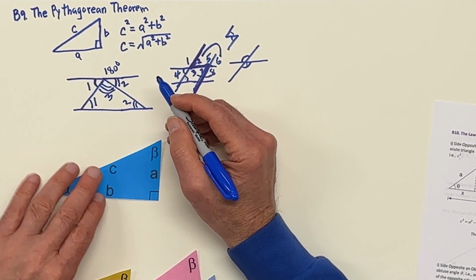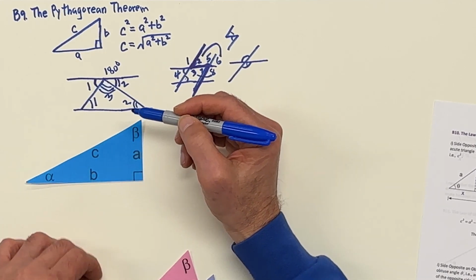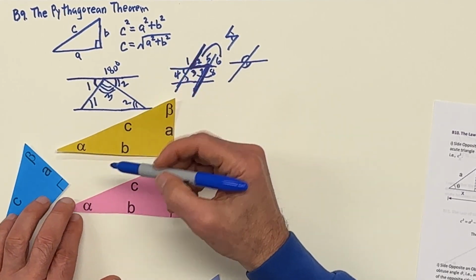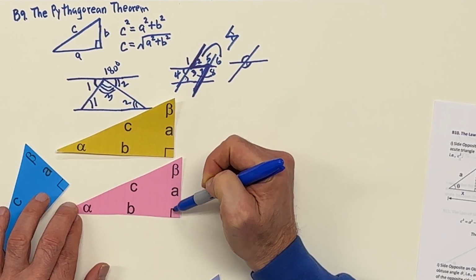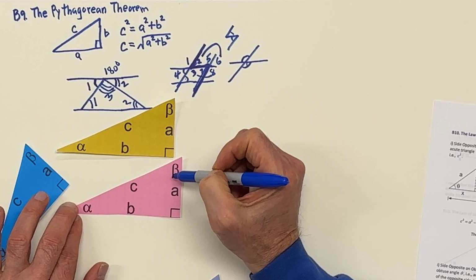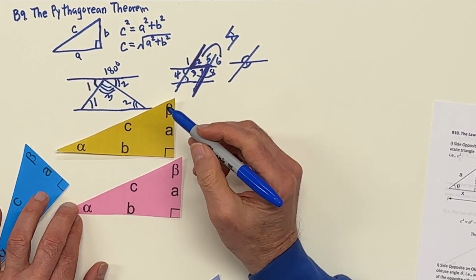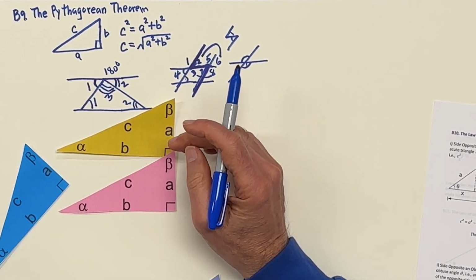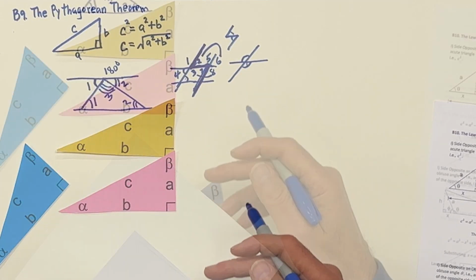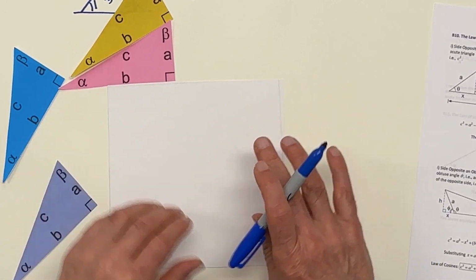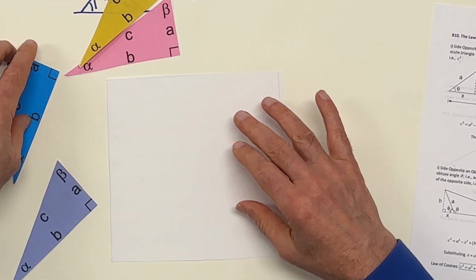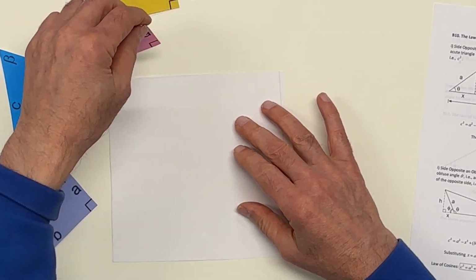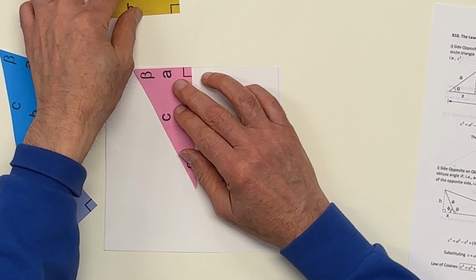So what this means is that alpha, let's look here, contrast is better. That means alpha, beta, and the 90 has to be 180, which means that alpha and beta would be 90 when you add those together, because you have to have 180 in the triangle. So what I would like to do now is look at, say, this square here. I've cut this out. This is the fun proof, a proof by visualization. I love those kinds of proofs. That's very, very nice. So here what we're going to do is put together